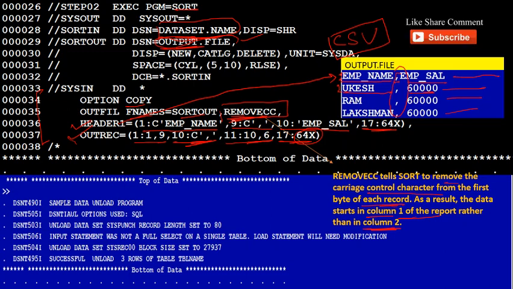Our data will start from the second column of the file, so the client will get 1 1 in the first column. So you need to keep this REMOVECC in this sort.